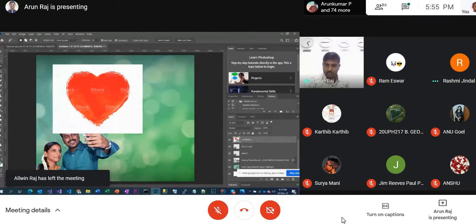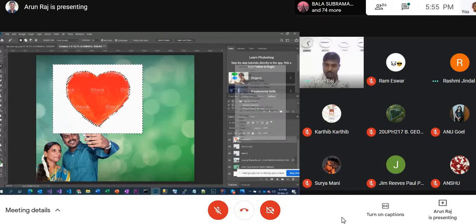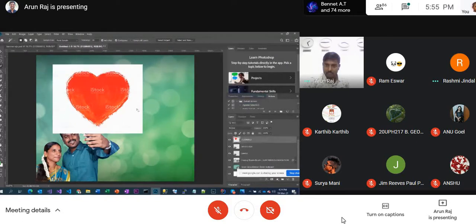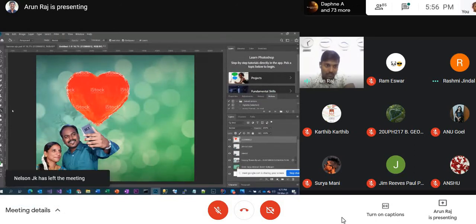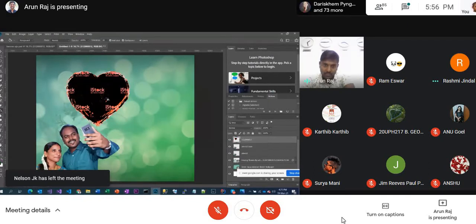So first I'll remove that white part here. So I removed the white part completely, and then I'll put completely black color in it. So it will be useful later. I'll tell you why.